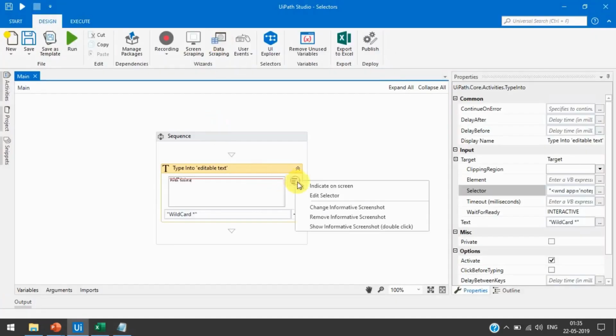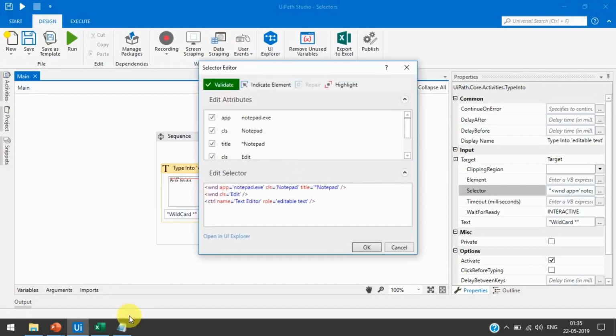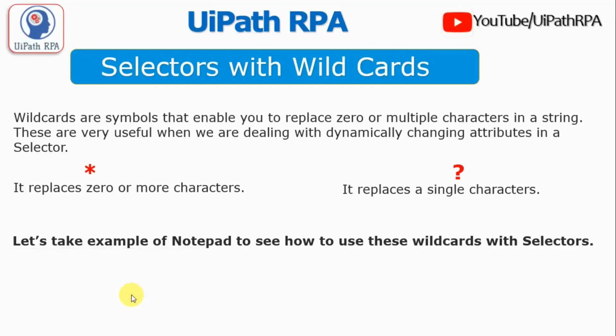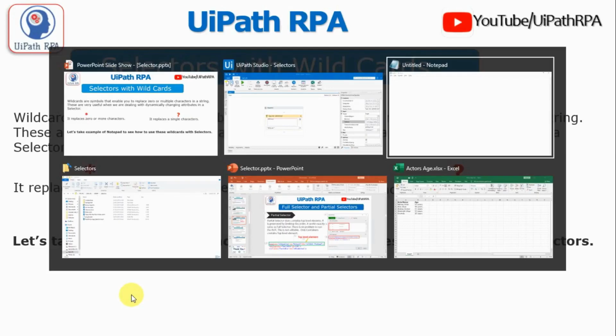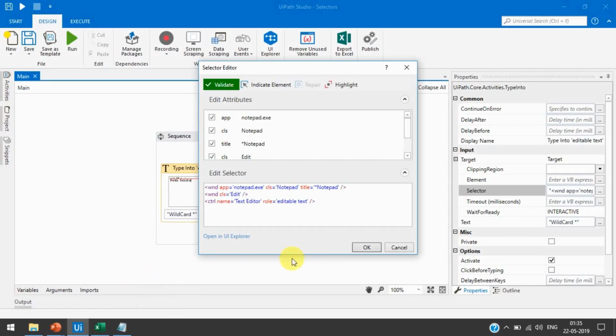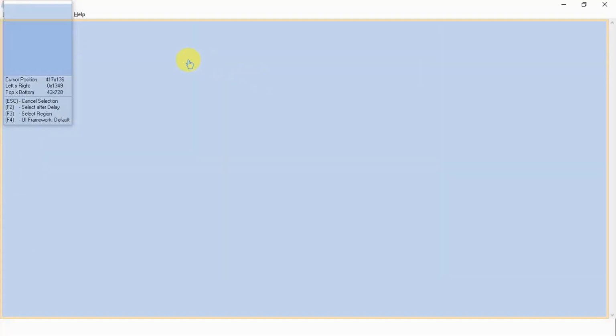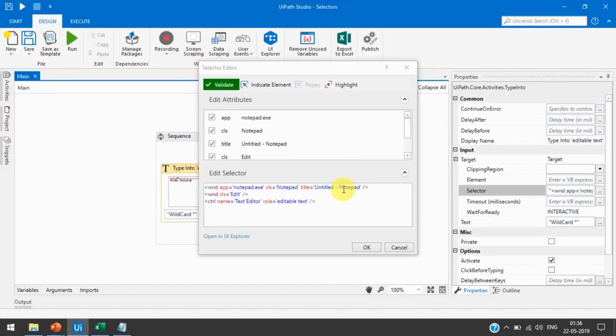Now I am going to show you one more thing. The second one is question mark. Here it replaces a single character. Let me indicate again on the notepad here, and now you can see the title is showing untitled notepad.